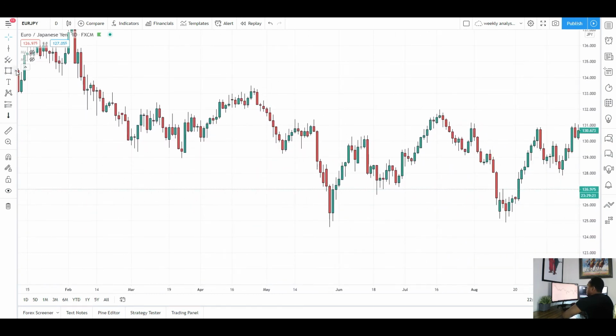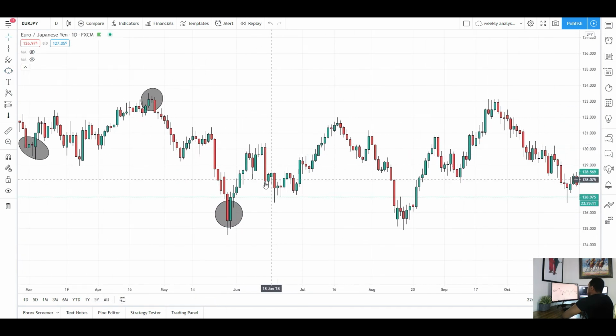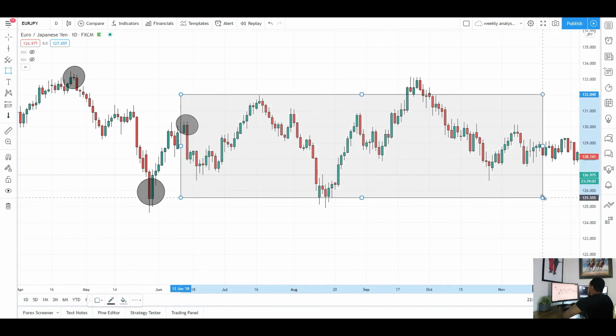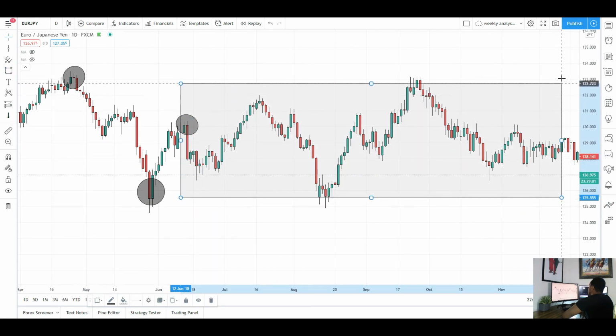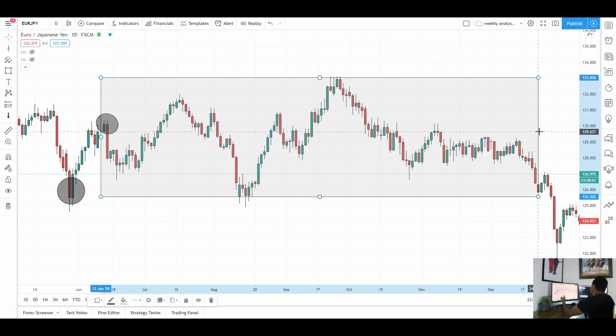So as you can see here, making those lower lows and those lower highs in the market. So that's a lower low, lower high, and then they push to the downside, making a new lower low. And now from here, we did get a lower high and then create a new higher high. But then as you can see, if I just highlight this area, and if you take a look at the bigger picture here, again, price is just moving sideways, not really moving anywhere until we break out of price